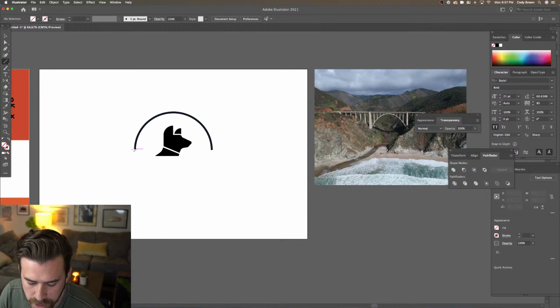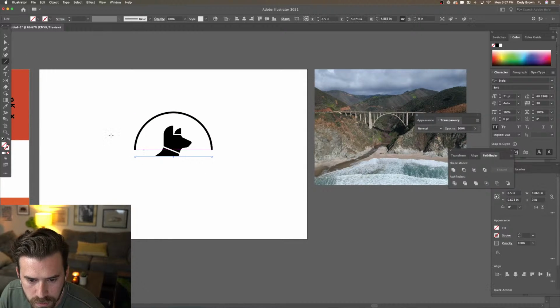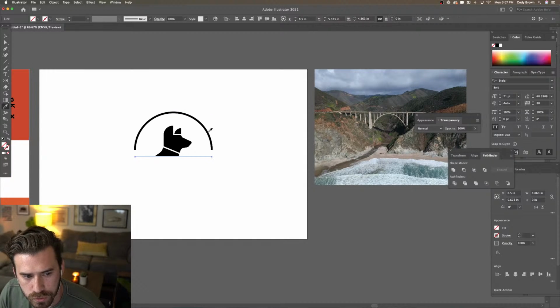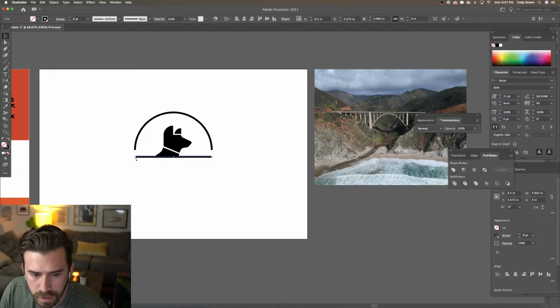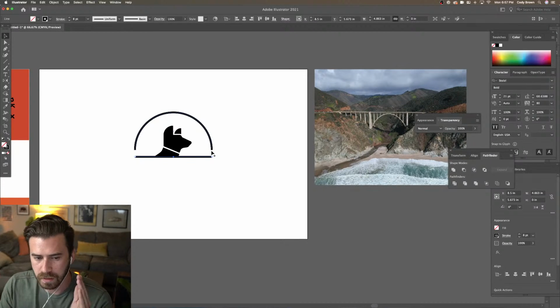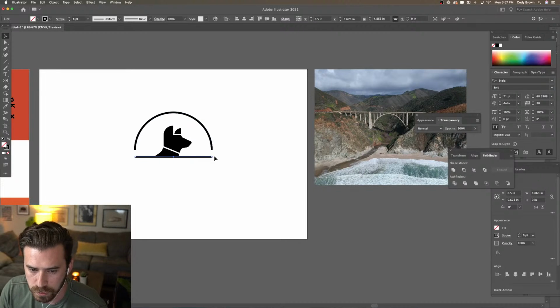So I'm just gonna grab this line tool and go from here to here. And see how I don't really have anything applied to it. There's no stroke or fill. You can grab your eyedropper tool and just select an existing object that has a stroke, and it'll apply that. So that's what we're gonna do. The reason I dragged it from here to here is because I wanted to ensure I had the exact same length as the bottom of these two little feet of the bridge. But we're gonna bring it up